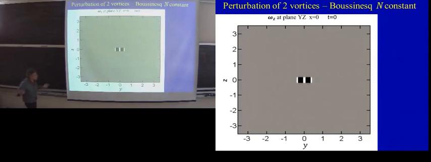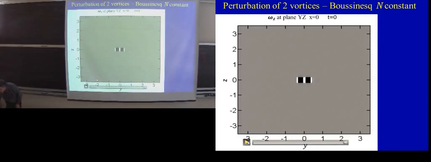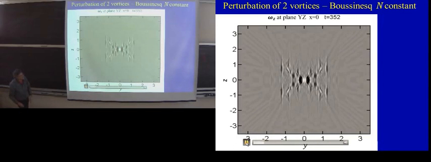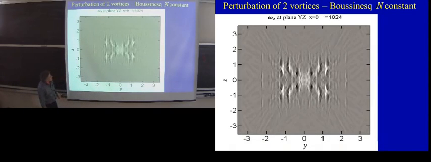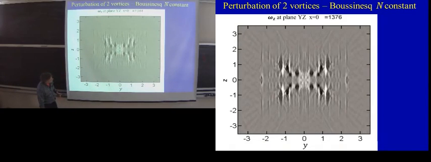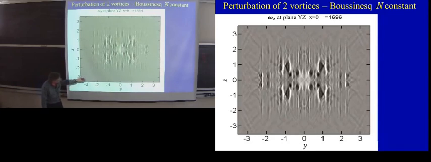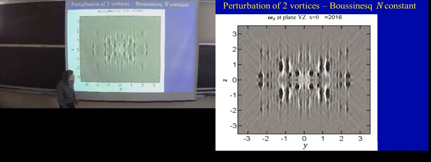So we did the experiment. Here's the cross-stream direction, and here is my vertical direction. This is like the other one I showed you in black and white, except now I'm starting with two vortices. Remember, things are going this way, and let's see what happens when I use this as my initial condition. It's initially about a separation delta, and they kind of do their thing. They set up, exciting things where the new critical layers should be, and it's kind of gloppy for a while. But my argument is that at the integer values, half integer values, and so on,